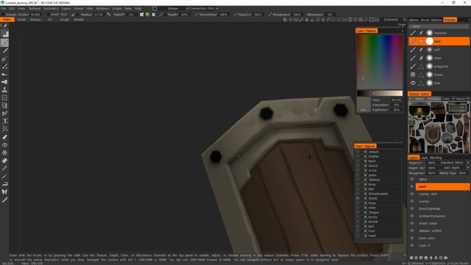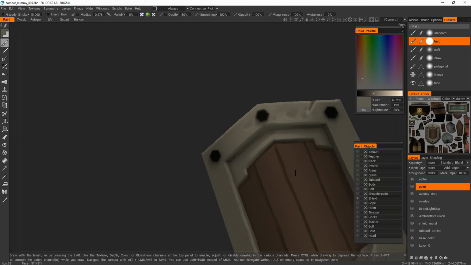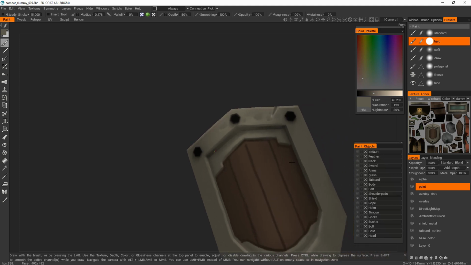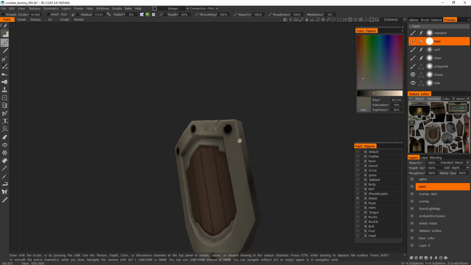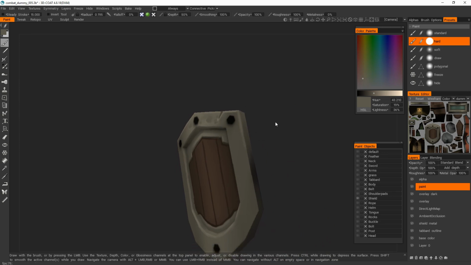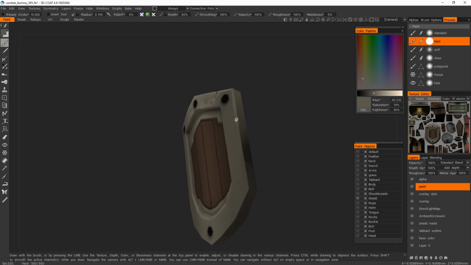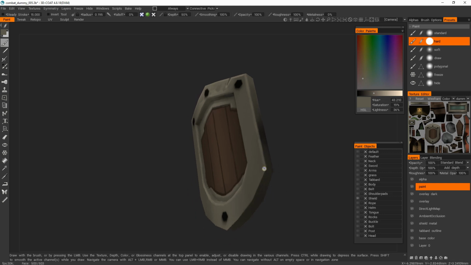I'm also keeping in mind, this is very important, it's going to depend on how your asset is going to be seen ultimately, but keep in mind where your light source is. Especially for hand painted stuff, you're going to have a light source that's going to dominate your model. In some cases, you're going to bring it into an engine like Unreal or Marmoset or Unity, and you're going to light it in the game as well if it's not going to be completely unlit. And so sometimes you might have to light it a little more generically, but for a portfolio piece or something that you're doing as like a 3D illustration, you definitely want to keep in mind